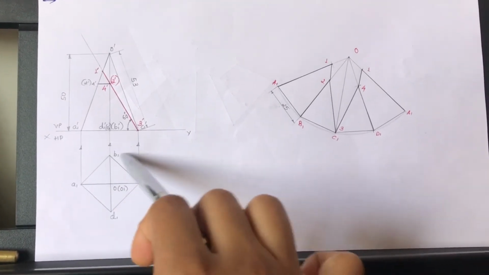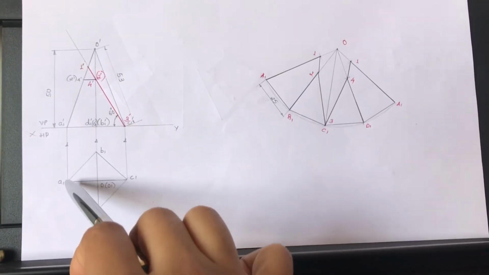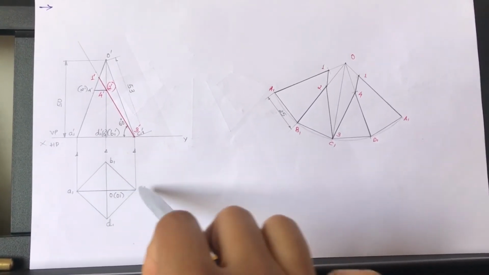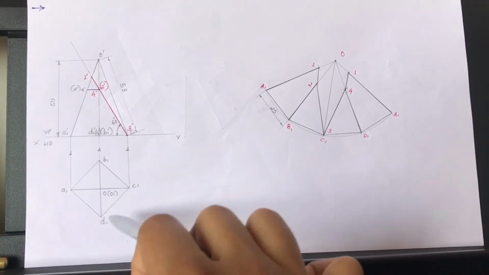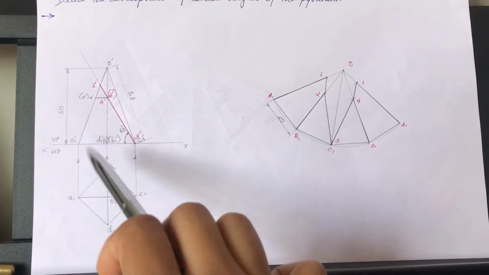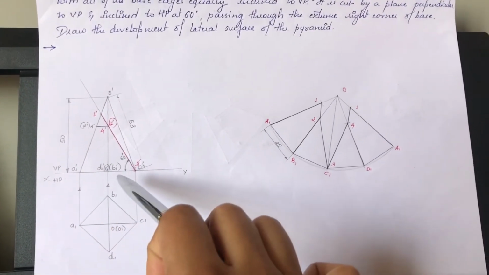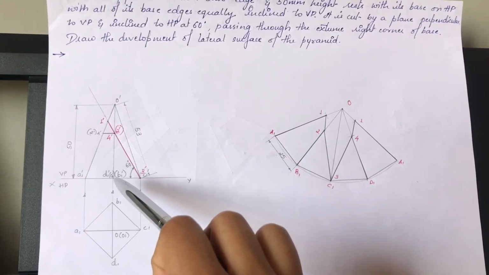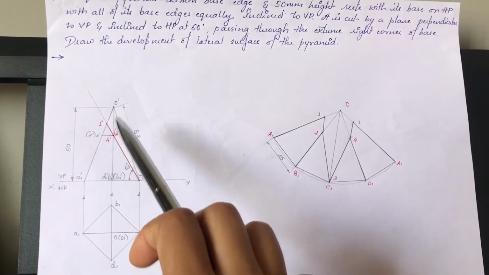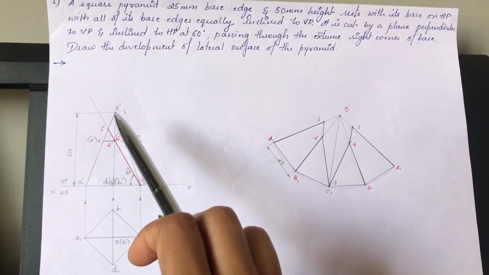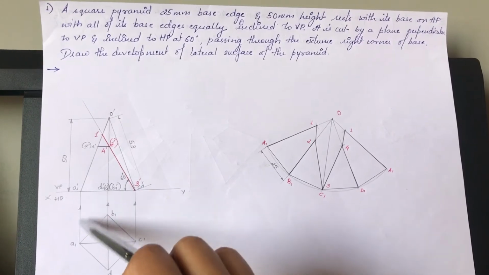Once you rest this pyramid on its corner position, you do all the labeling, as I have followed the base markings A1, B1, C1, D1 throughout all the problems. I have continued the same and taken the marking in the clockwise direction. Next, you project all the points so that you can get the front view of this pyramid. To get the front view, you initially start with the apex, the axis length. You mark it at 50 mm.